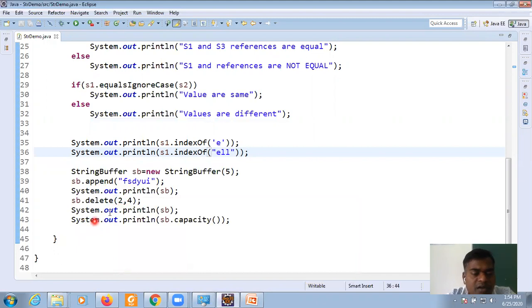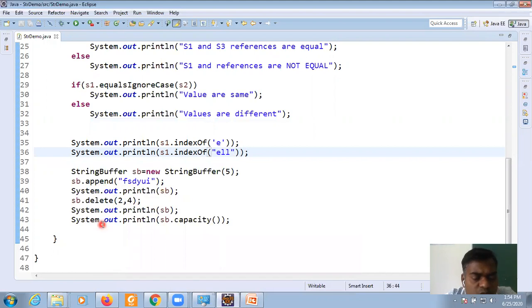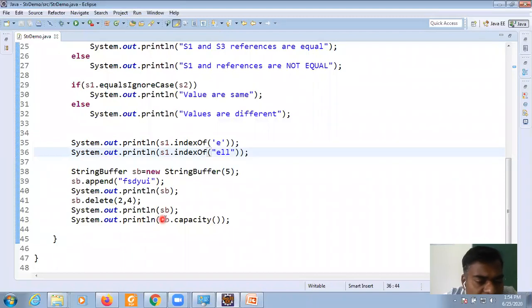And print println of sb delete at the index value 2, and try to print the value of the string buffer and also sb dot capacity, the total number of bytes utilized for it. So here is one example. Actually, I took this example in the previous case, and now I am just reiterating this string buffer part again in order to illustrate it.